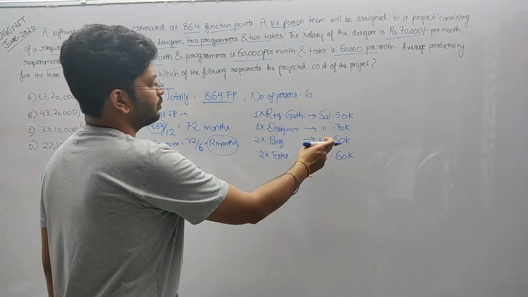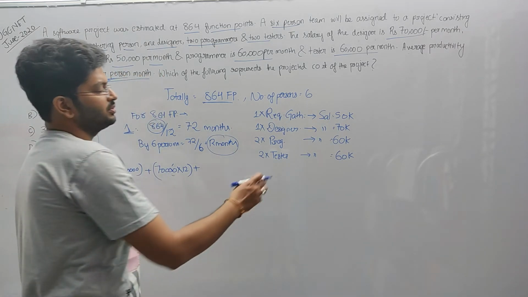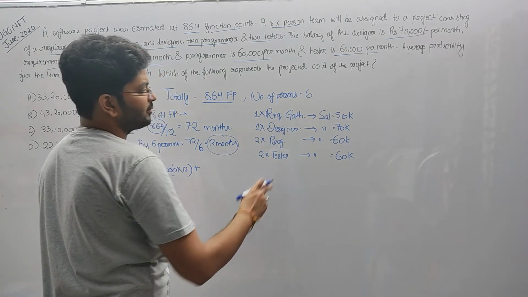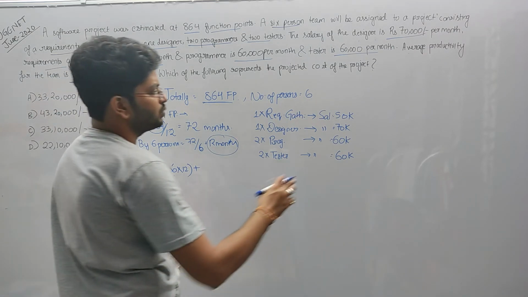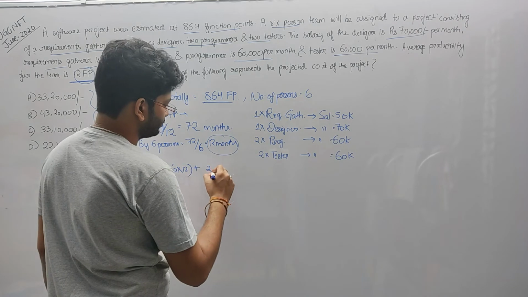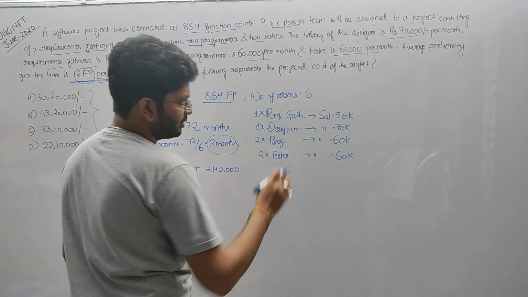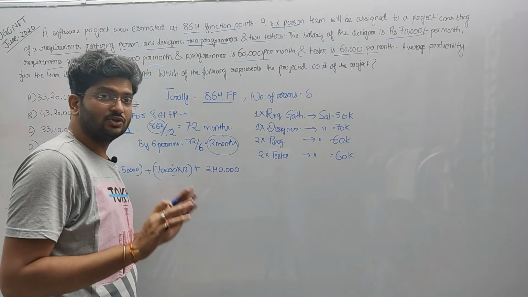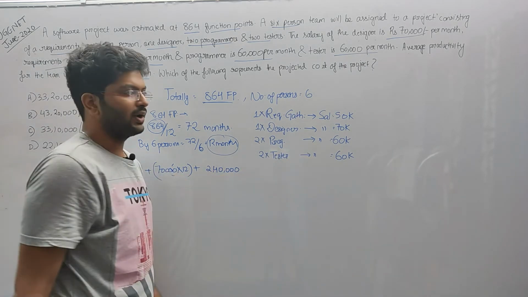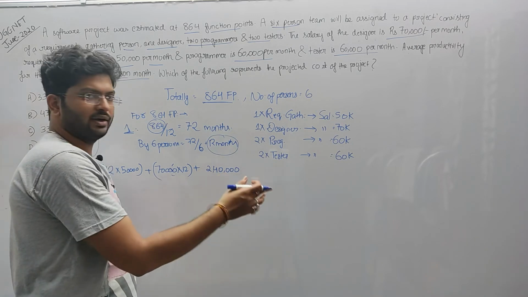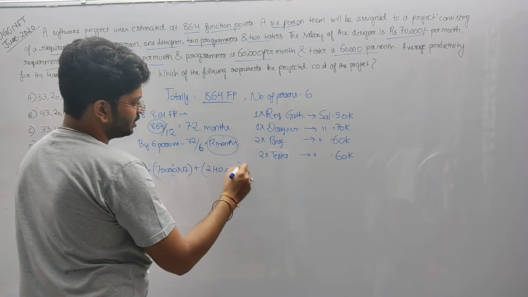The salary of one programmer is 60,000, and for 2 programmers it will be 1,20,000, and similarly for 2 testers, the salary of one tester is 60,000, and for 2 testers it will be 1,20,000. So 1,20,000 plus 1,20,000 is 2,40,000, because we are having 2 programmers, and each programmer draws a salary of 60,000 per month. So for 2 programmers it is 1,20,000 per month, and for the testers also it is 1,20,000 per month, and we are combining their values together for ease of calculation. It is 2,40,000, and they will be working for 12 months.